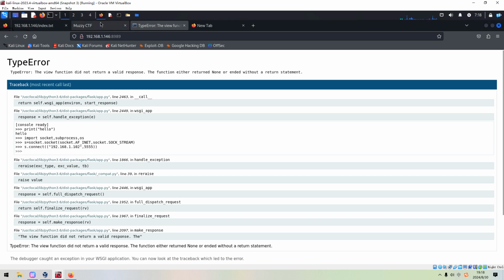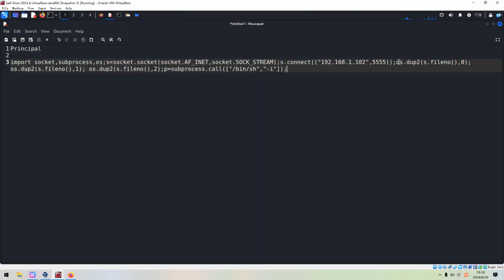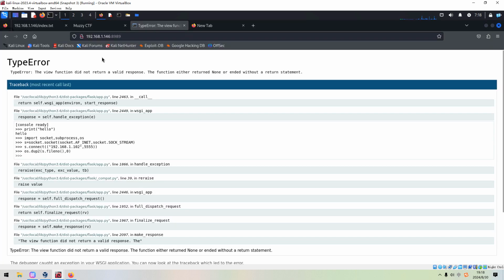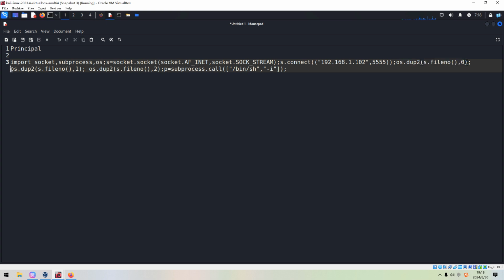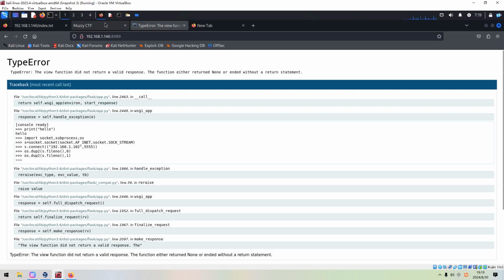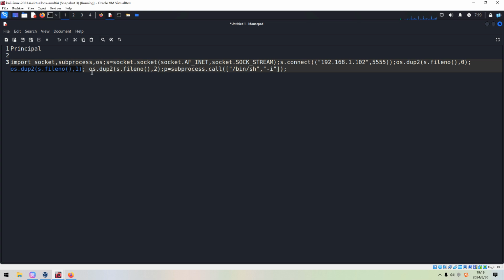No error, right? And we can go on. So the next line should be this one, and the next should be this line, and the next should be this one.